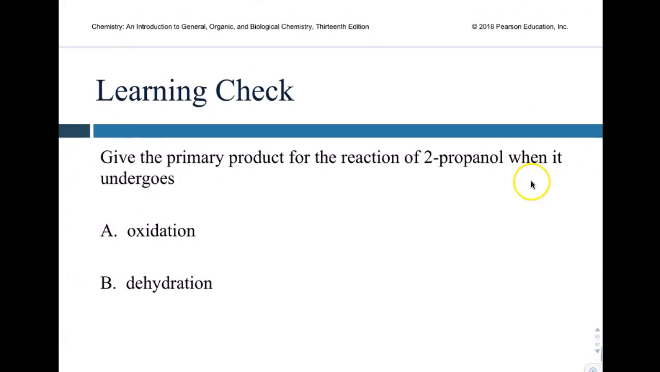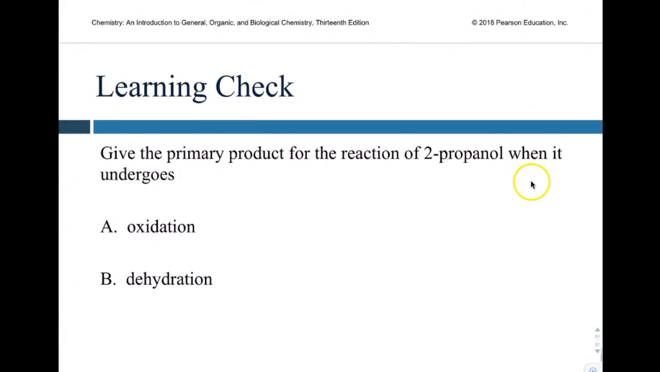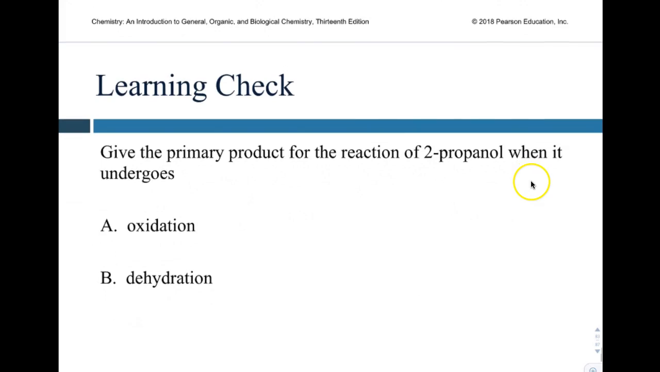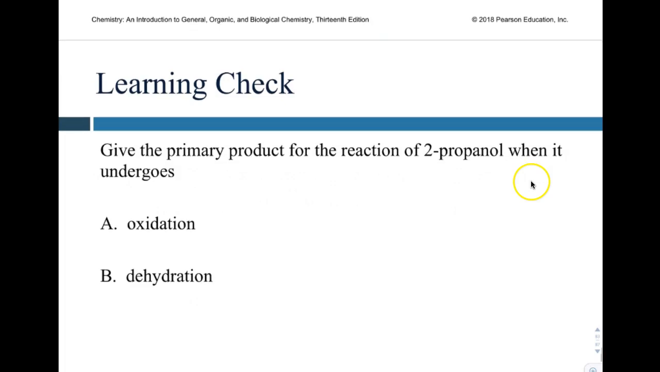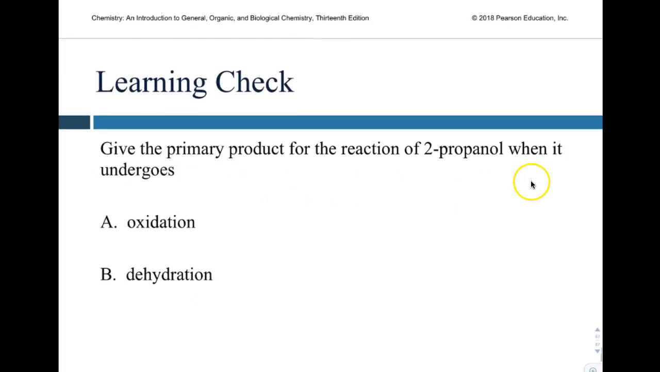So go ahead and do 2-propanol. Tell me what happens when it undergoes oxidation and what happens when it undergoes dehydration. So we first need to draw out 2-propanol. Again, pause if you haven't done this already and do it first before you draw it out. So let's draw out 2-propanol. So we have an OH for sure. Where's the OH? On carbon 2. And